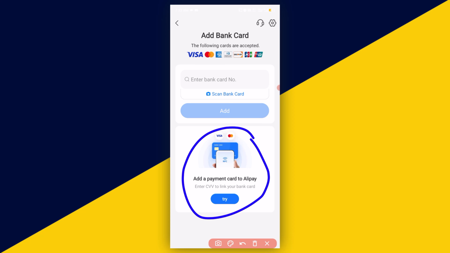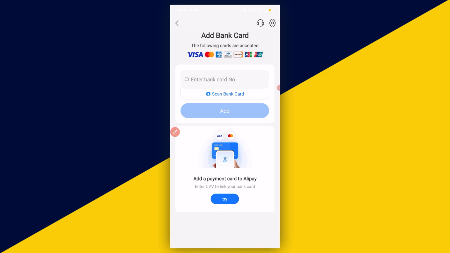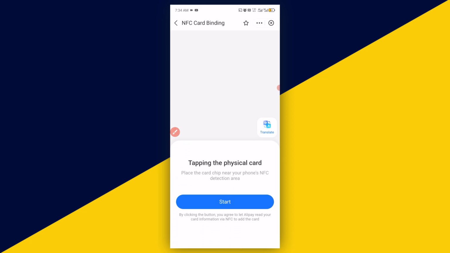NFC contactless payment that supports foreign bank cards, whether Visa card or MasterCard. This is very useful for foreigners that are in China who want to enable tap to pay in their Alipay. What you need to do is to simply click on try. So when you click on try, you will be asked to place your